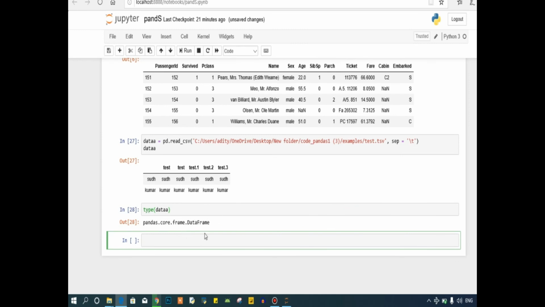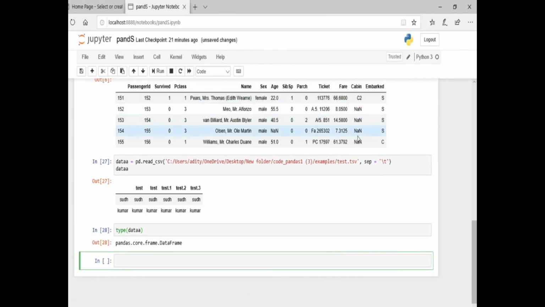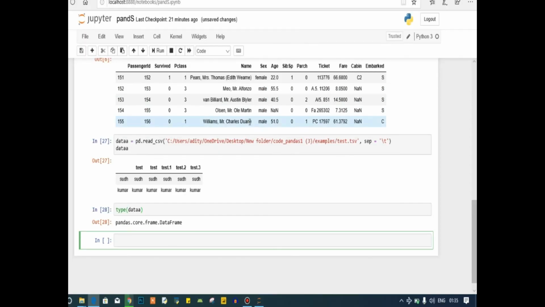This data frame is nothing but a tabular structure, a tabular form containing rows and columns. This tabular format dataset is called a data frame. A series is just a simple table with rows and a column. It will not look like such a beautiful format, and a data frame will look like this.